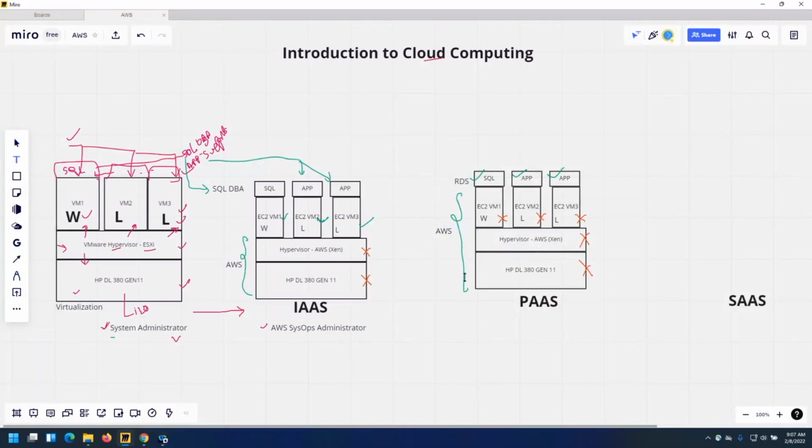Okay, and what is your responsibility as an AWS Sysops administrator managing these green ones? How? You know how to deploy SQL using RDS and get that connection string, share it with your developer. An application, you know how to deploy Lambda function, you know how to deploy your Elastic Beanstalk, right? The both of them don't require any server to be deployed. They'll deploy the server in the backend, but you don't need to worry about what is the server, what is the size, what's the configuration, and all those things.